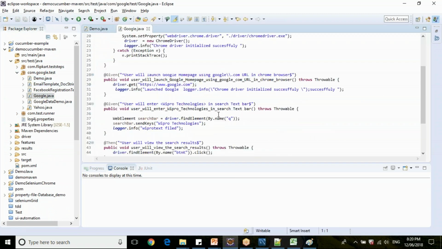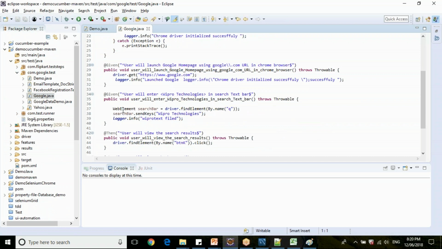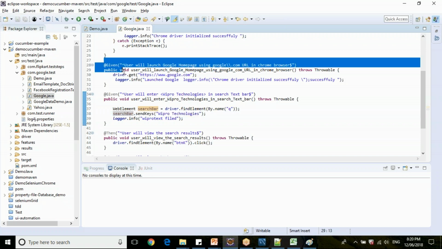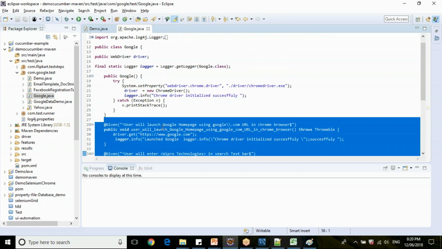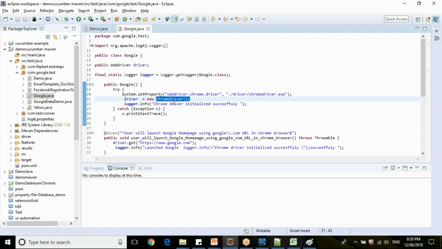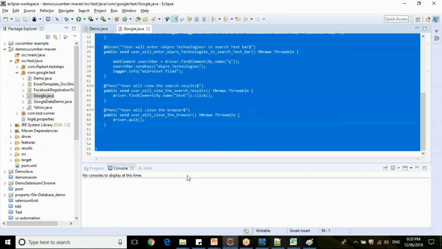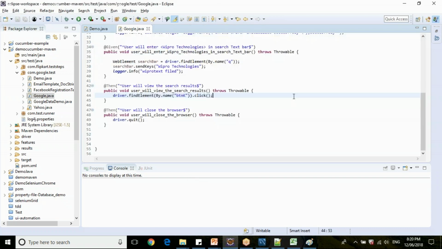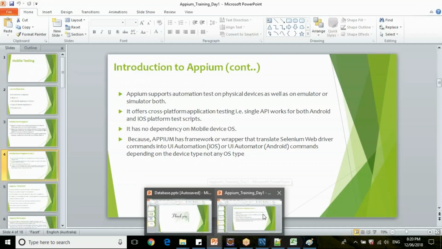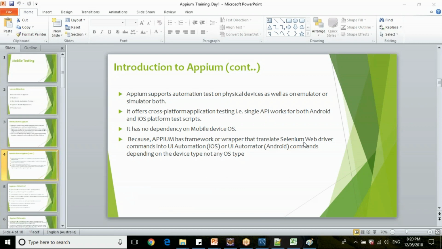let's open any Selenium code. So the web element, we have identified this web element by name, and you are sending some keys. So you are developing your test case here. During your initialization, when you change this Chrome driver to Mozilla driver and give the Mozilla path, will this code work as it is, guys? Yes, it works as it is.